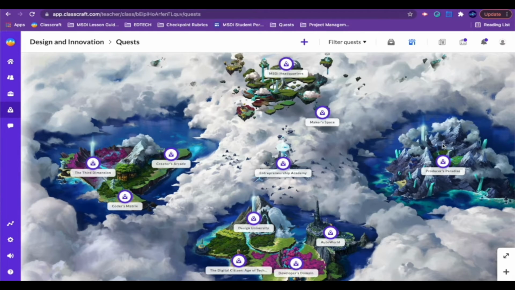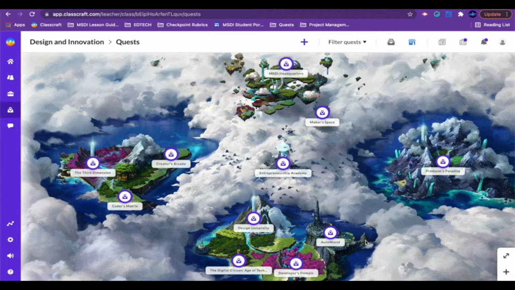But when considering DI6, which is for our grade 6 students, since they have a shorter time with us, not a whole semester or a full year, it'd be nice to give them a chance to sample all the different and most of the quests, just so that they have an idea of what the course is about, so that if they want, they can choose design and innovation as an elective next school year, when they're in grade 7. So that's something that we've been talking about, because since the class time is so limited, they only have a few weeks to actually take DI6. They technically can't go through all the quests,